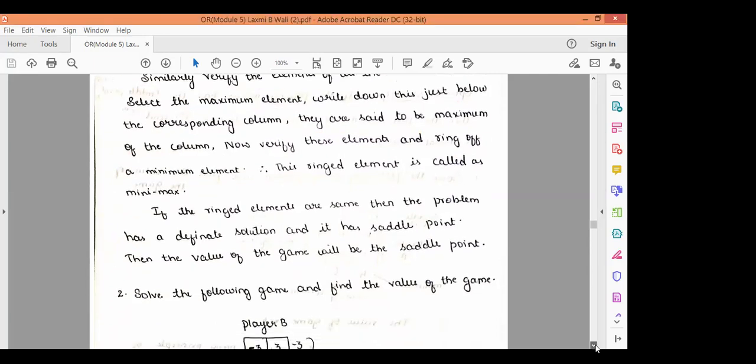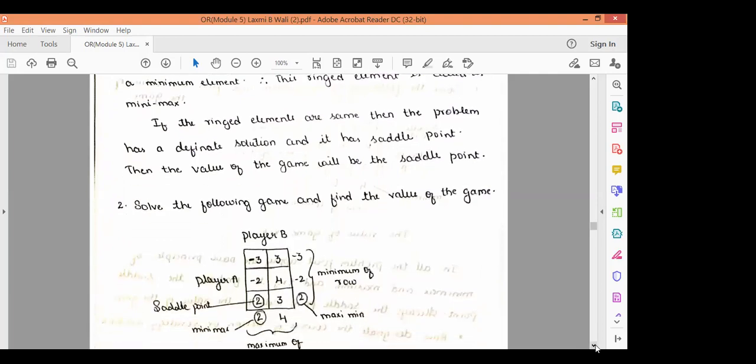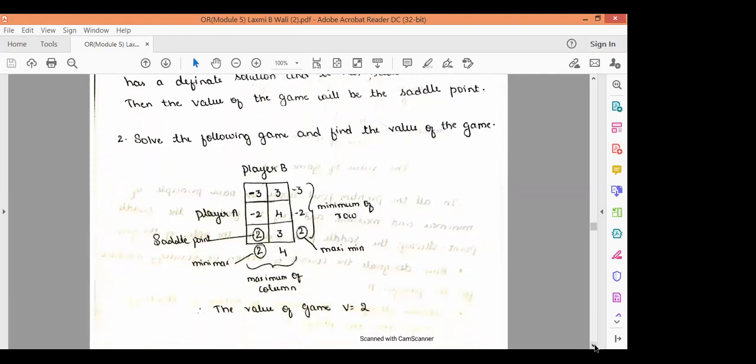Now the same procedure is being applied to this matrix. I'll not go into detail once again; I'll move fast. Here, player A has 3 strategies and player B is playing with 2 strategies. So the size of this payoff matrix is what? It has 3 rows and 2 columns, based on the number of strategies of A and B. And these are the payoff matrix elements that we have here.